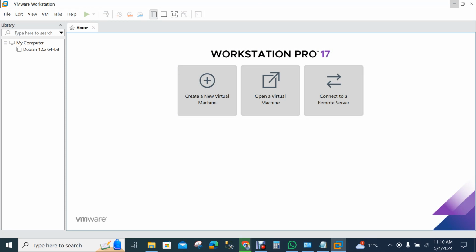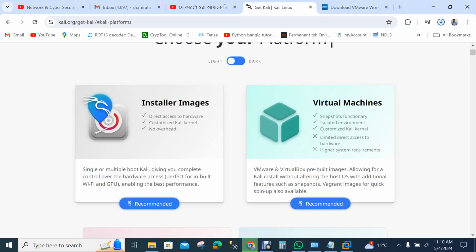When our download completes, we have to select create a new virtual machine or open a virtual machine. But here is one very important thing that I am searching for now and will tell you about.